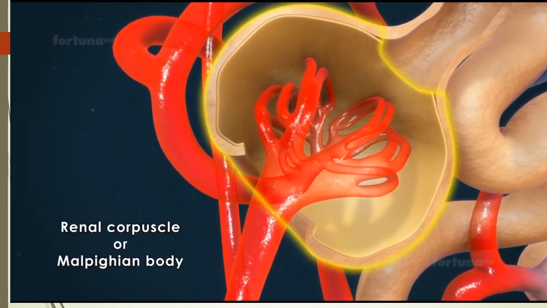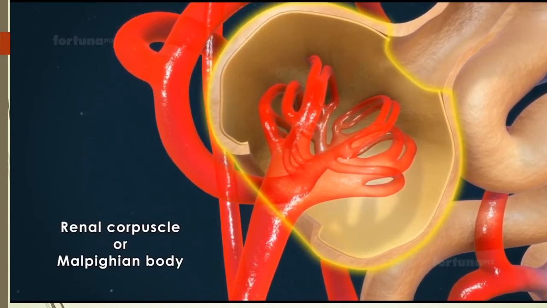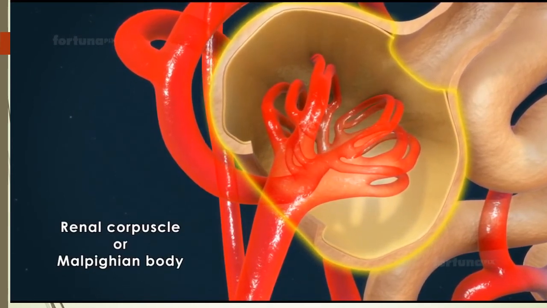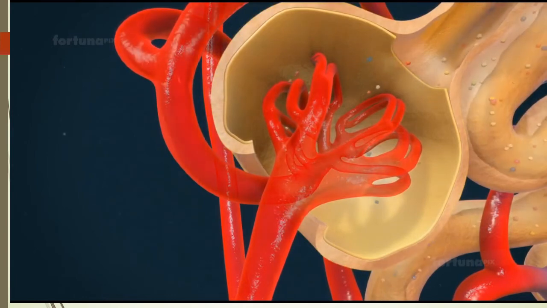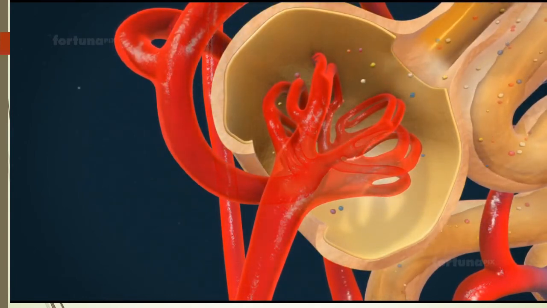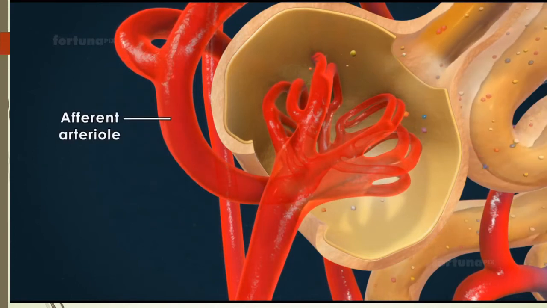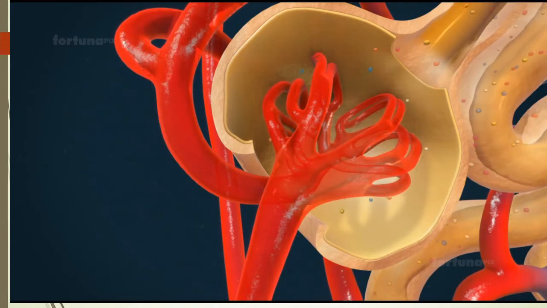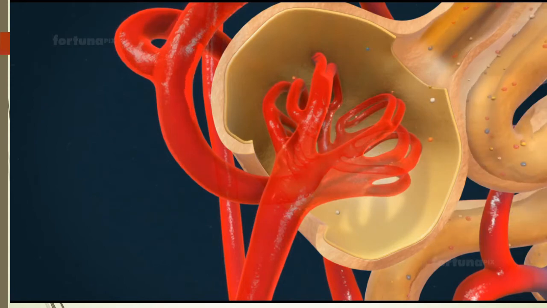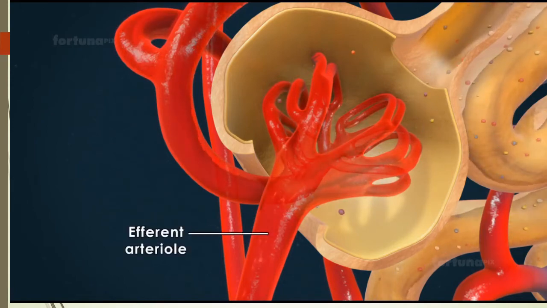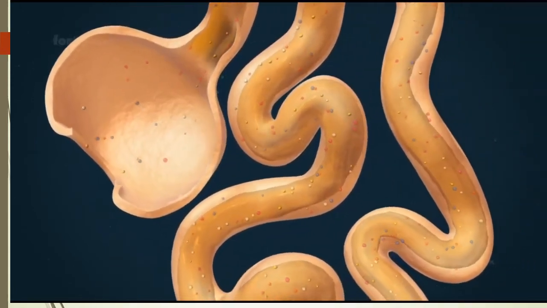It brings the blood with the afferent arteriole, and the blood goes out through the efferent arteriole. Together, glomerulus plus Bowman's capsule make the renal corpuscle. So you can see how the afferent arteriole brings the blood inside, and then the efferent arteriole carries it out, and in between this,